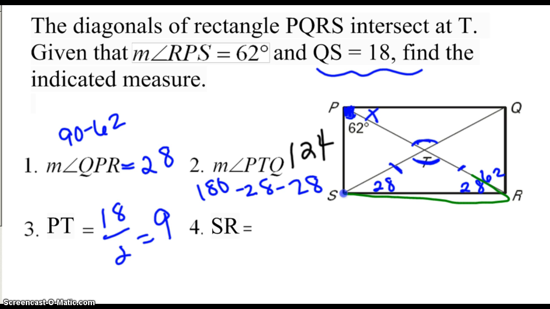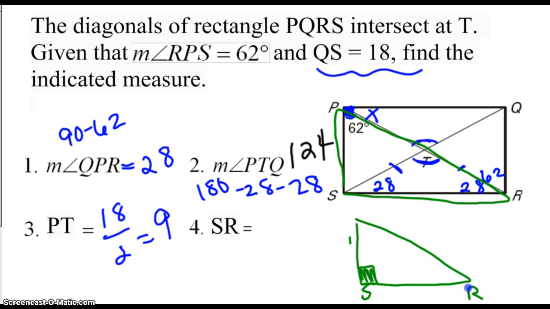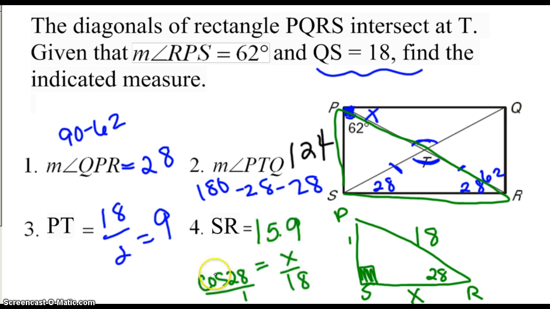And then lastly, the last thing I'm going to do, I'm going to look for SR. So I'm going to make a right triangle right here, and I'm going to redraw it down here, and I'm going to use trig ratio. So I'm going to put this here. This is 90. S, R, P. I know PR, which is QS, is 18. I know this is what I'm looking for. I need one angle measurement. You could choose 62 or 28. I'm going to put 28 here. Go ahead and use your trig ratios. Now, I know I had to do this fast, but I would set it up like this. I'd use cosine 28